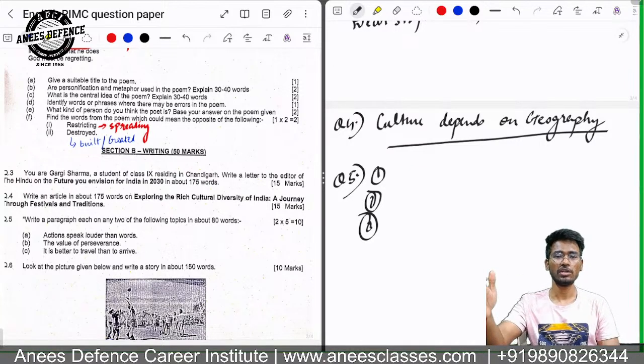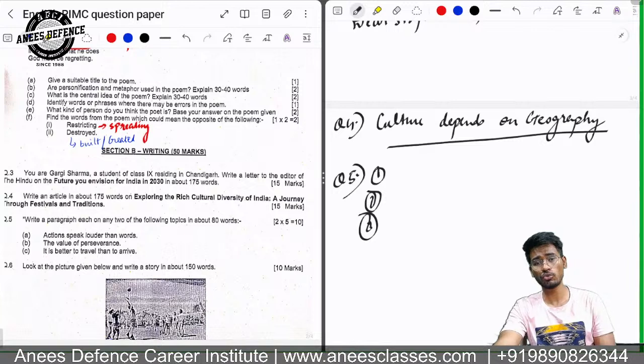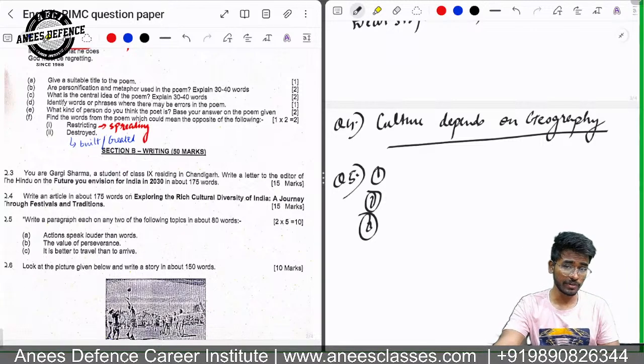Because once you reach the goal, your objective is achieved. But what about the journey? So it is saying that it is better to travel than to arrive. Traveling means learning from the journey, because when you travel, there are many hurdles you are going to face. You'll fall. You'll get that conception that okay, I should not do this. You'll get demotivated. So you can write all these things in this specific sentence.